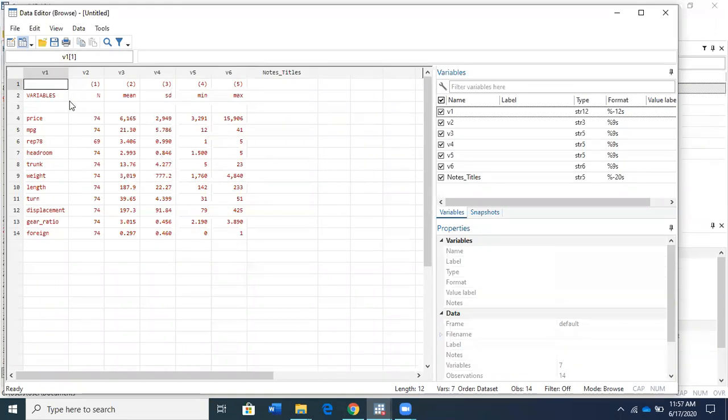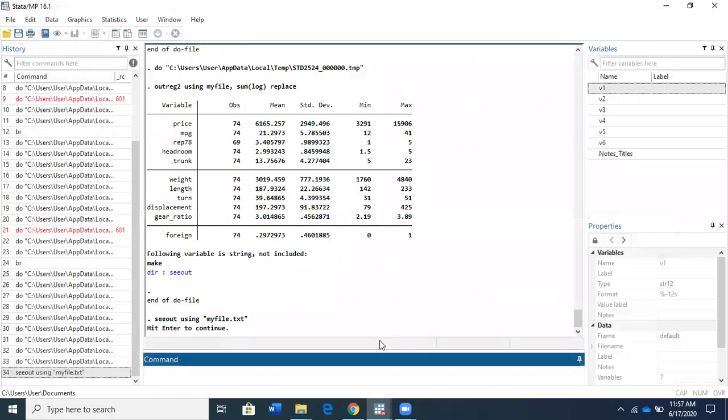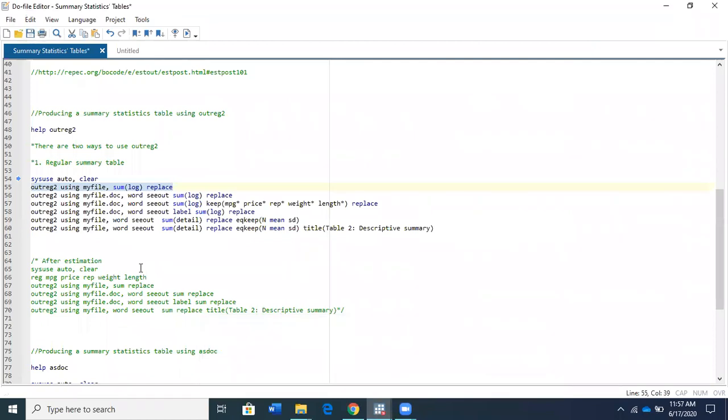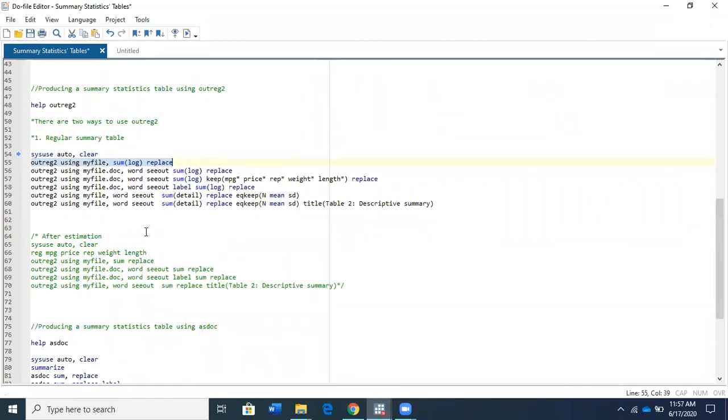So you can see the variables, and then observation, mean, standard deviation, minimum, and maximum. And now you want to export the summary statistics in a Word document. So you can use this command outreg2 using myfile dot doc. That means this data will recognize it's a Word document file, comma